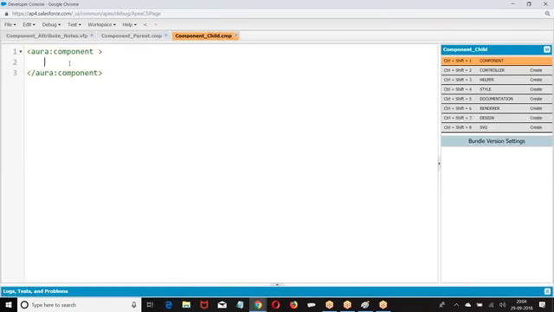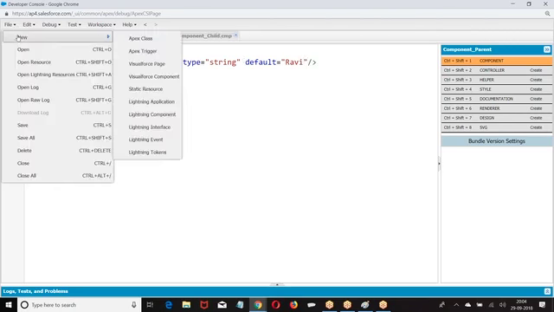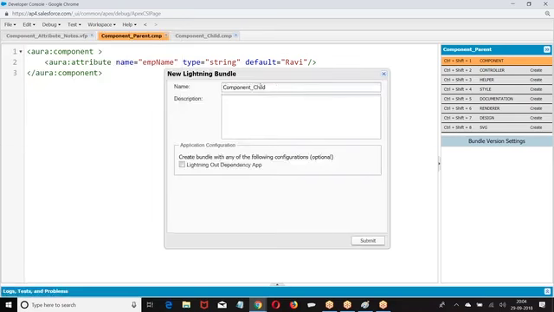In the parent component I am creating a component and invoking this component within the application.